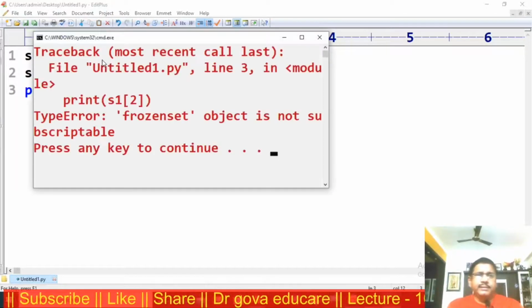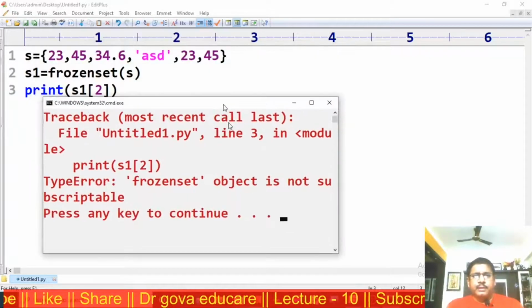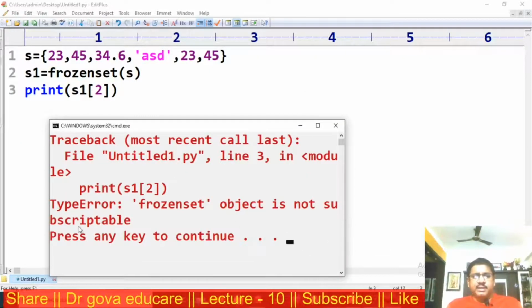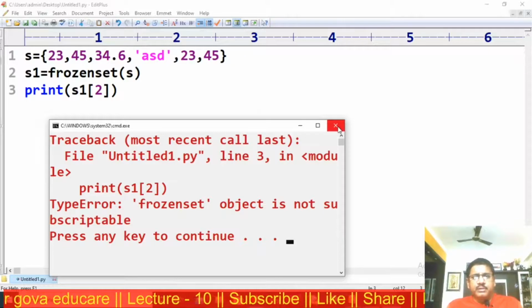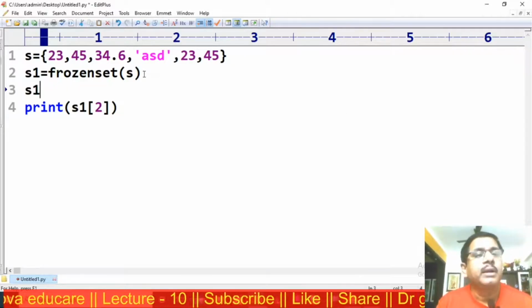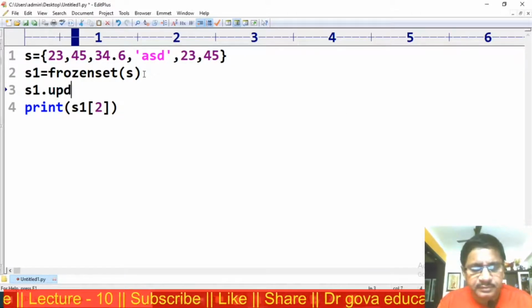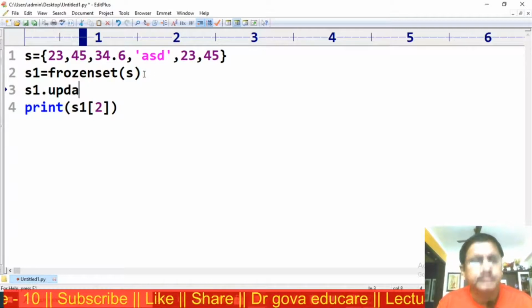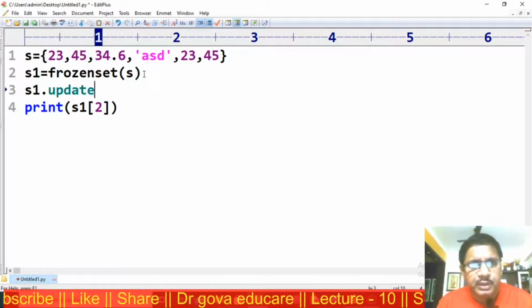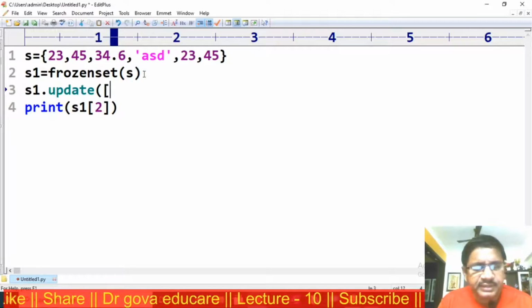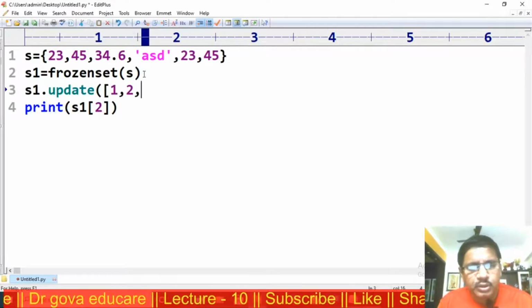We get an error: the frozen set is not subscriptable. I am using S1 dot update of some set 1, 2, 3.